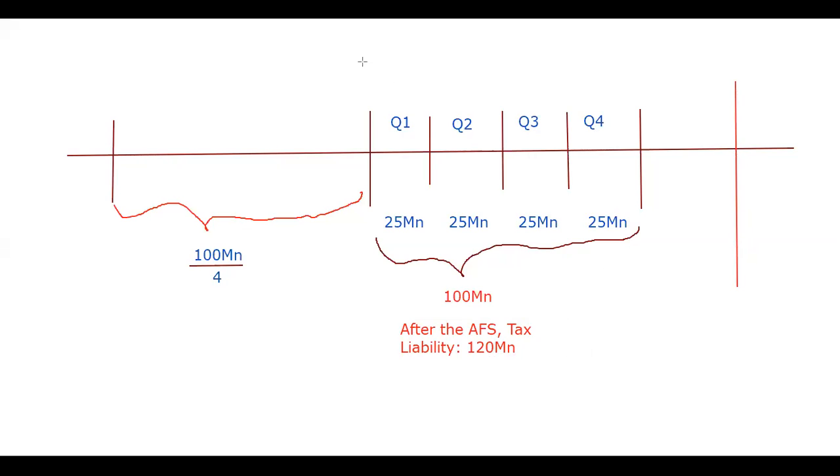So what we did was, we identified whatever amount as a liability, and the quarterly paid amount, they deduct whatever the amount they paid quarterly. Then if there is any balance,